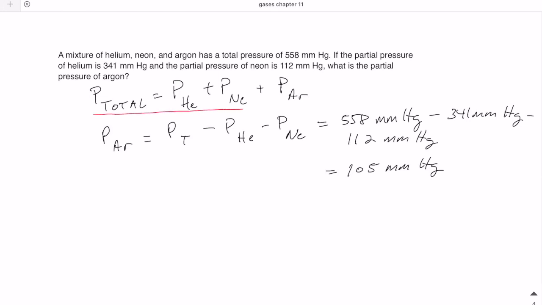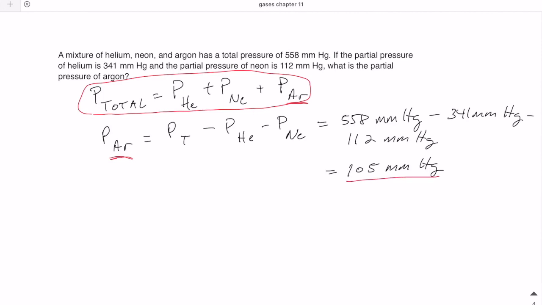So we can write an equation that looks like this. And then what we don't know is the partial pressure of argon. I'm just rearranging my equation to solve for the partial pressure of argon, which is going to be the total pressure minus the partial pressure of the other 2 gases. And plugging in those numbers, 558 minus 341 minus 112 would give me 105 millimeters of mercury as the partial